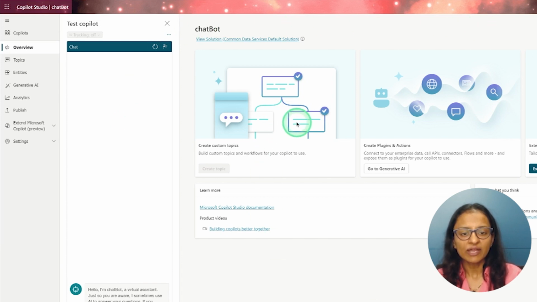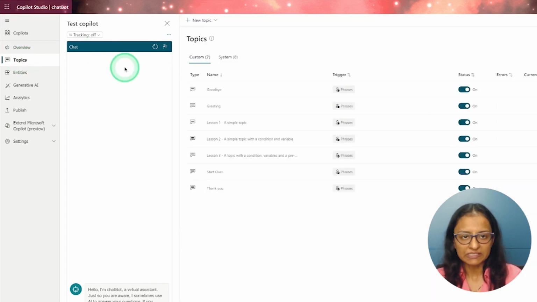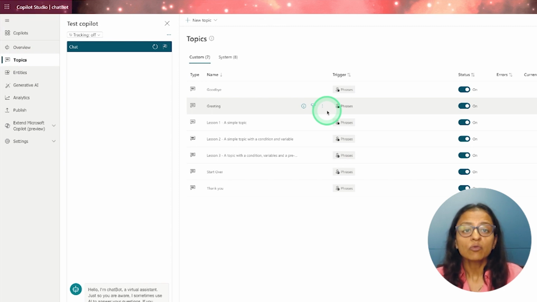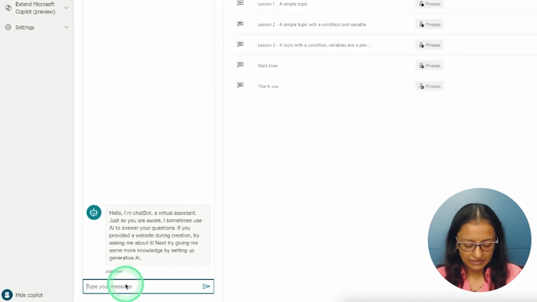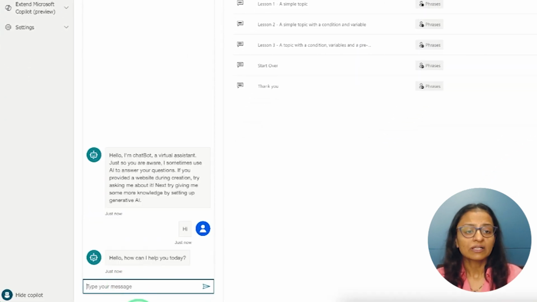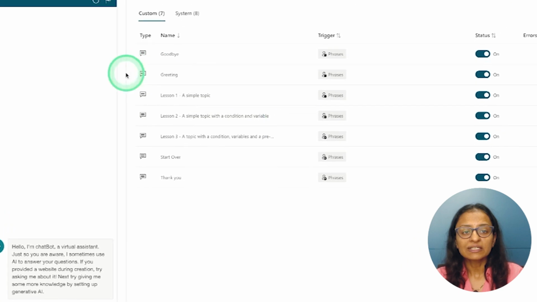This is a screen where, as a developer or as a Power Virtual Agent developer, you are going to create a flowchart like a scenario. Let's see that. When you create a Copilot for the first time, you will get some ready-made topics. Now what is a topic? Topic means, let's say if you are saying hi, how a chatbot will answer. Let's say if I write here hi, a Copilot, or you can say Power Virtual Agent, will answer, hello, how can I help you? So if a user or a student writes hi, how Copilot will answer, that is called a topic.